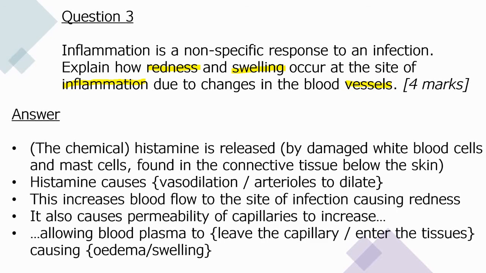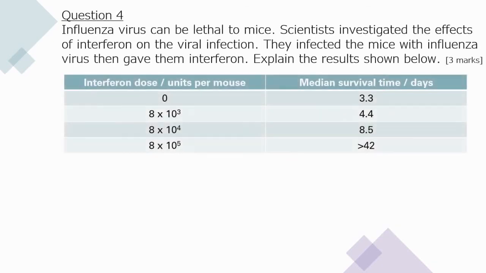Question 4. Influenza virus can be lethal to mice. Scientists investigated the effects of interferon on the viral infection. They infected the mice with influenza virus, then gave them interferon. Explain the results shown below. We've got a table with interferon dose on one side and the median survival time in days on the other side. So let's again highlight the keywords of the question. It's investigating the effects of interferon, and they're giving them influenza and interferon, so we've got to explain